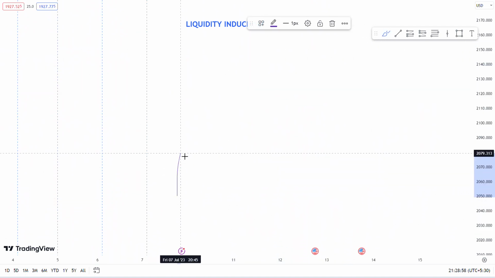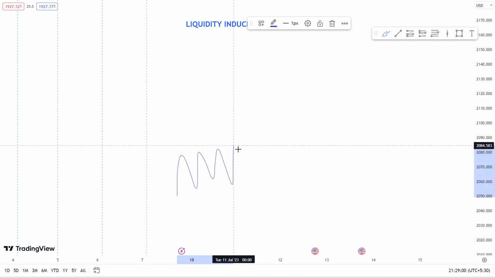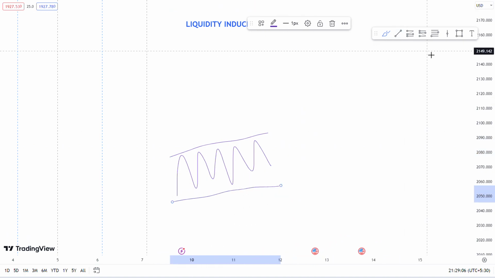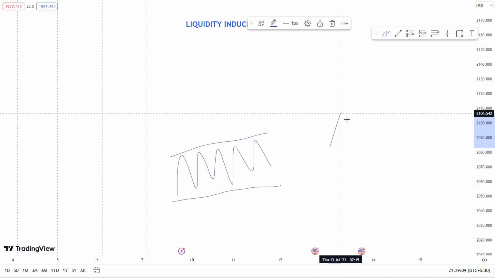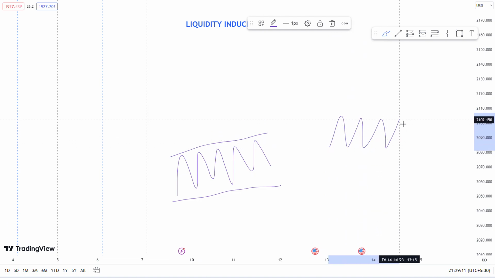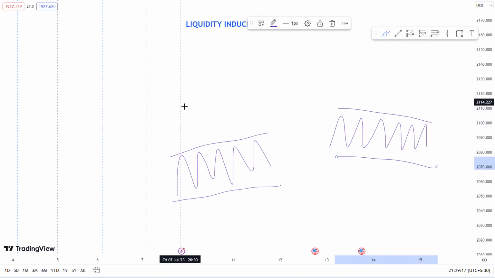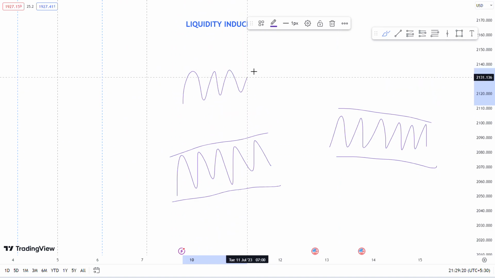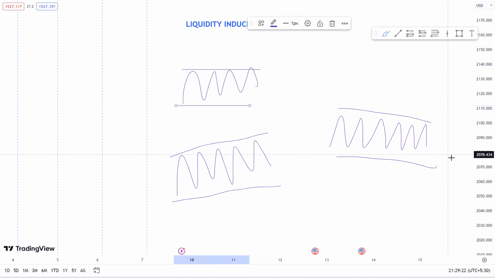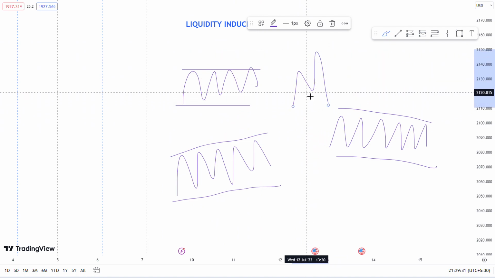In this case, what is the build-up? The first kind of build-up I use is a channel, a rising channel. The second type of build-up I use is a falling channel. The third type of build-up I use is equal stacking lows. These are the three build-ups I use for the retail build-ups, and for the SMC build-up I use this pattern. Fake break of the structure. This is my liquidity. Okay, so